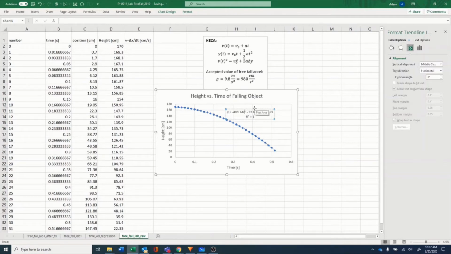But instead of x up here, I would prefer to have t, since